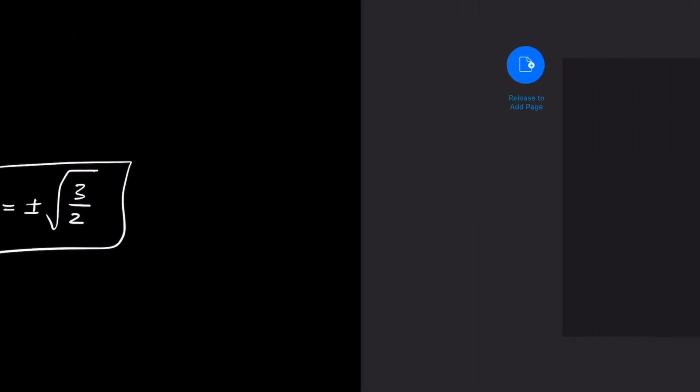Now, let me give you a problem for practice. Let's say we have 3 times x minus 4 whole square is equal to 15. Right, so how do you solve this problem here? First, push the 3 on the other side. You get x minus 4 square equal to 5. Next, x minus 4 becomes plus or minus root 5. So write it as two separate parts, x minus 4 equal to root 5 and x minus 4 equal to minus root 5, and try to find the value of x. So pause the video right here and try to solve this problem.